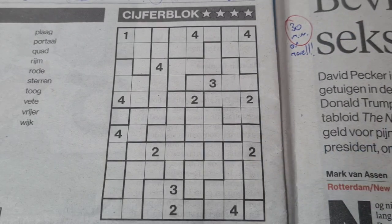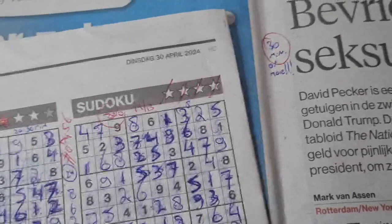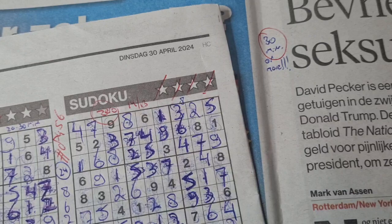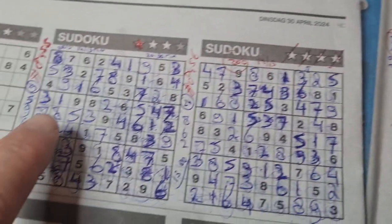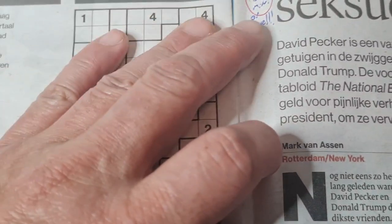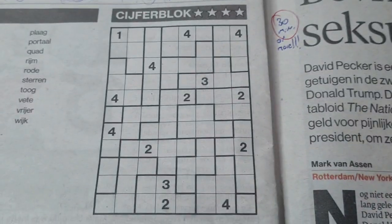Welcome back with the fourth and last puzzle in this edition of today's newspaper on Tuesday, April the 30th, 2024. And I've already solved 3 puzzles: the 3 stars, the 4 star Sudoku, and the binary. It's time now for the Jigsaw Sudoku. Yes, Jigsaw Sudoku, and this will be number